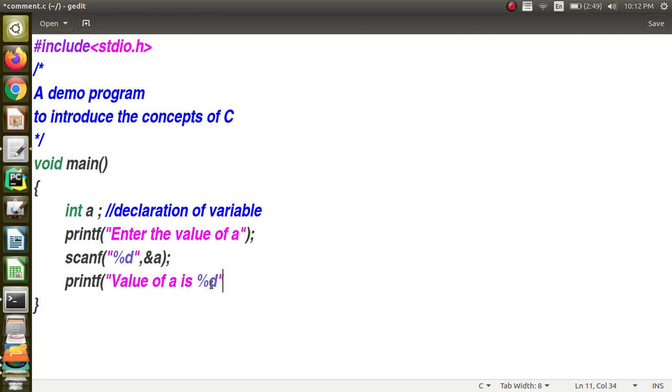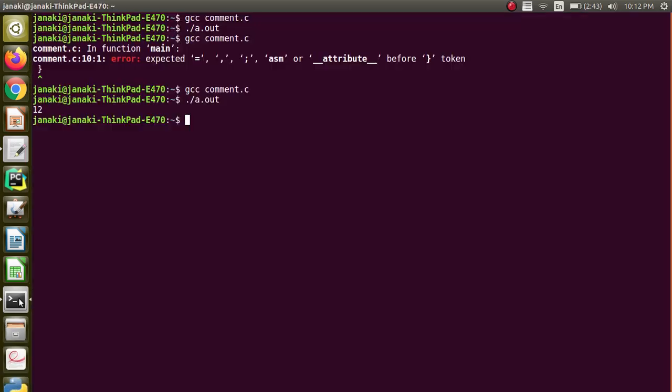Now I want to print the value of A here, so I will say A. It can be followed by something also. It can be followed wherever you want. I have given some text followed by that also, right?